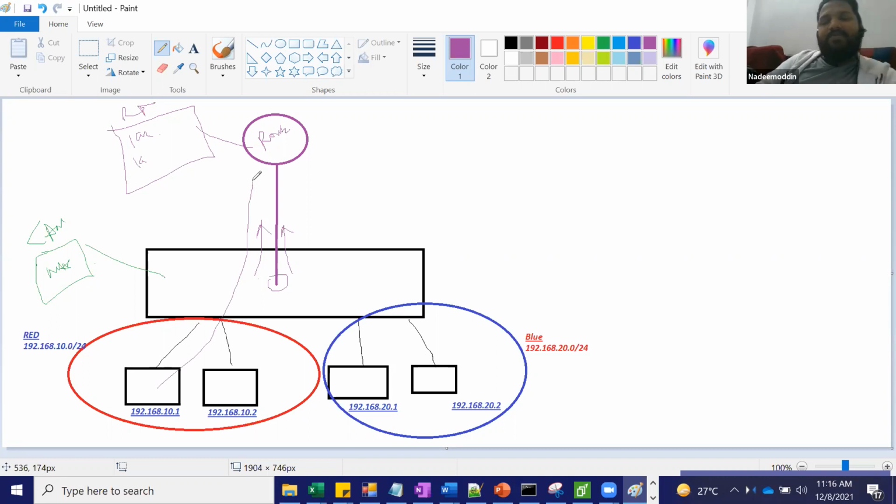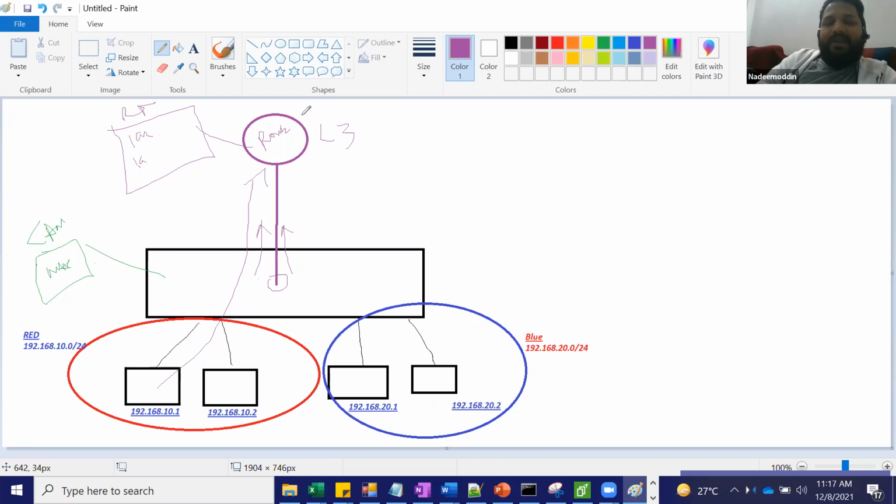So now there is a concept of gateway. What is gateway? Gateway means entry and exit point of any VLAN. So when a VLAN red machine wants to talk to a blue machine, the VLAN red needs to go to its gateway. And gateway will generally be configured on the layer 3 device, which is nothing but the router. So it will go to the gateway, and from that gateway, it will go to the blue VLAN gateway, and then it will enter. That is what the gateway is, nothing but entry and exit point of VLAN.